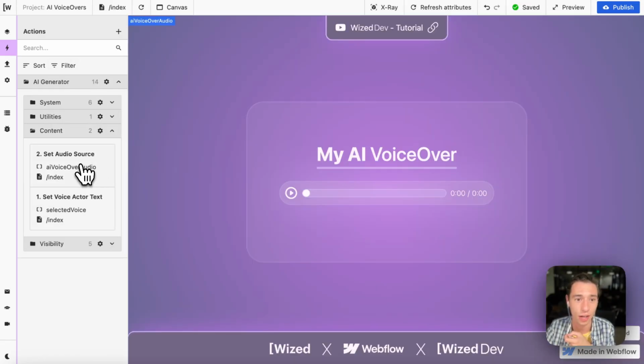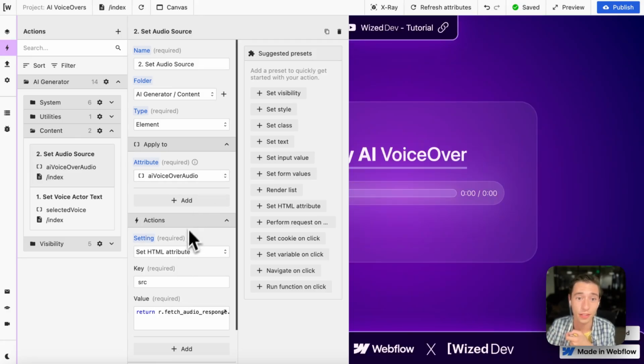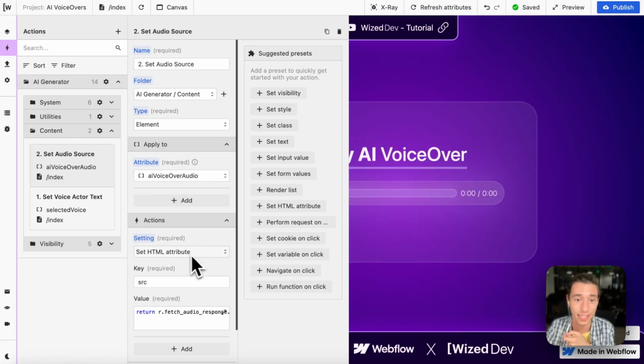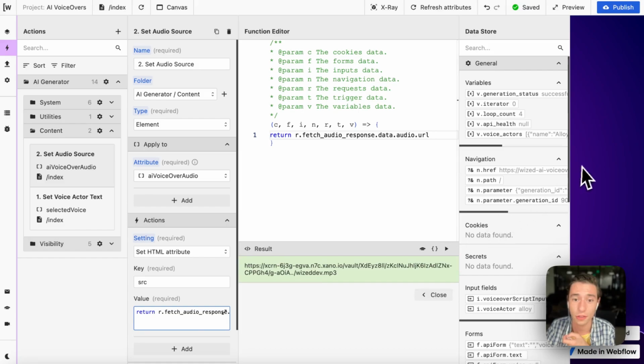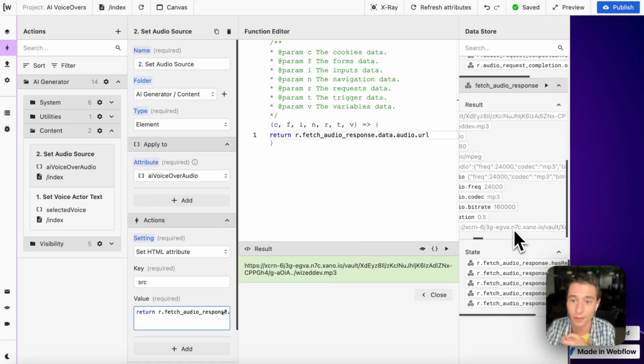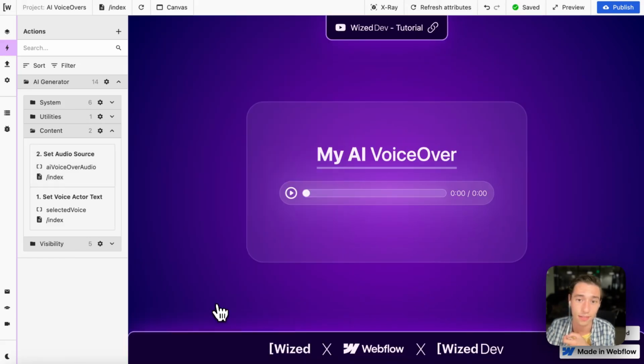And let's now go to the content. So we have the audio source in here. Again, this is the thing I mentioned with the audio source in Webflow. We're just going to go to the AI VoiceOver audio source attribute. We're going to set the HTML attribute of source. And we're just going to put the audio URL that Xano returned to us right here in our response in here. And this will create the source